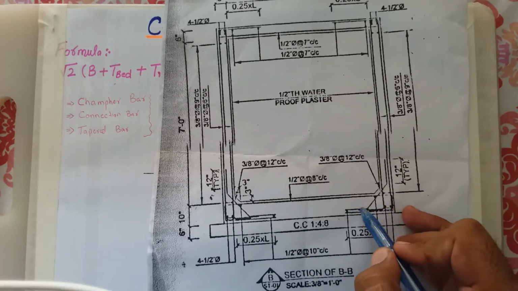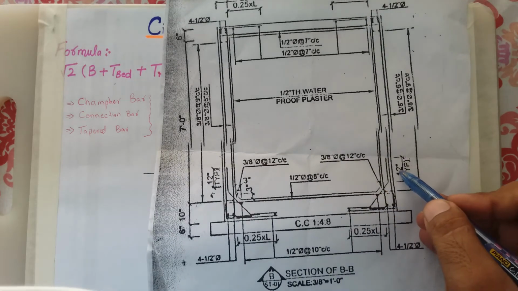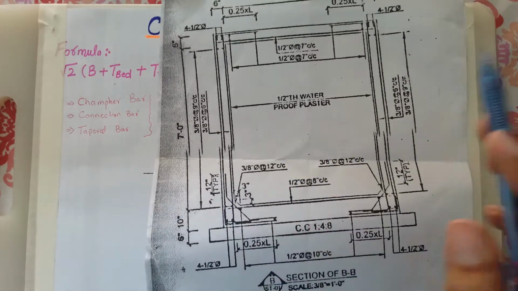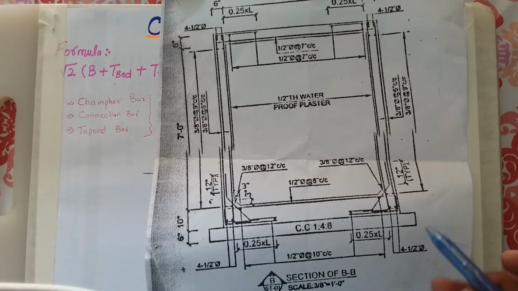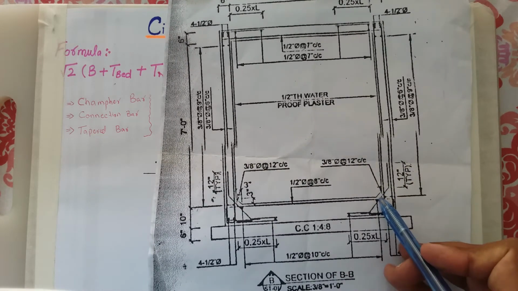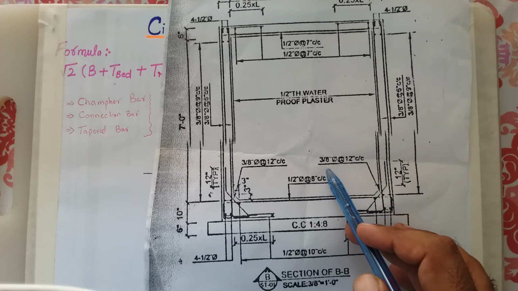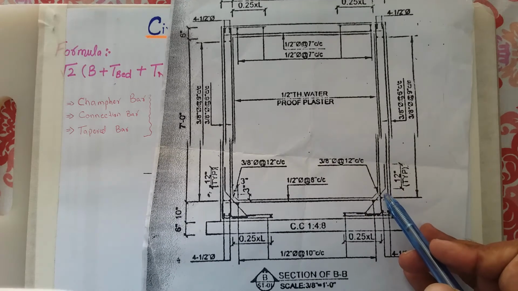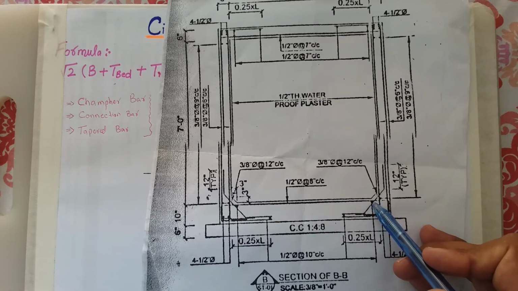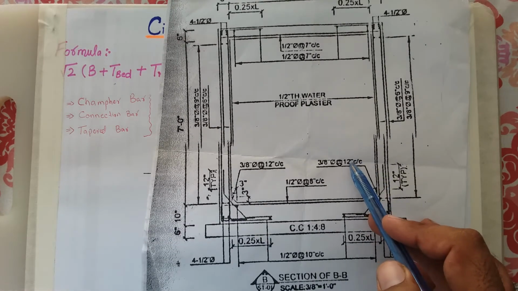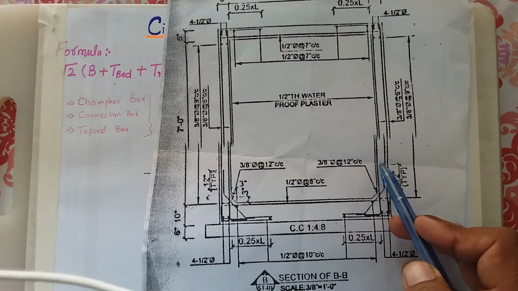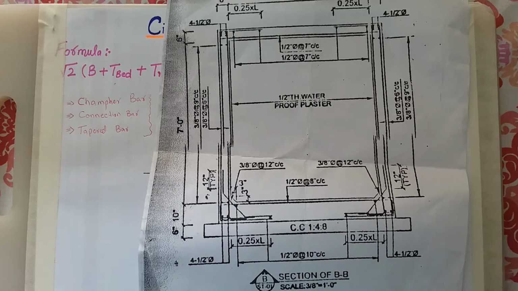This straight line and this straight line will be 12 inches, meaning 1 foot, but this length is not given in our steel drawing. Only the diameter of the steel bar is given. That means you can use 3 by 8 diameter, meaning 10 mm bar, in this chamfer, and the spacing will be 12 inches center to center, meaning from one bar to another the spacing must be 12 inches.